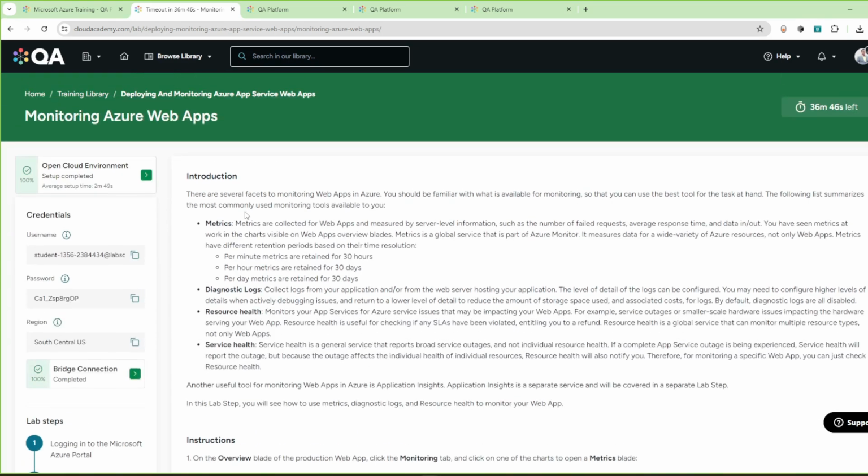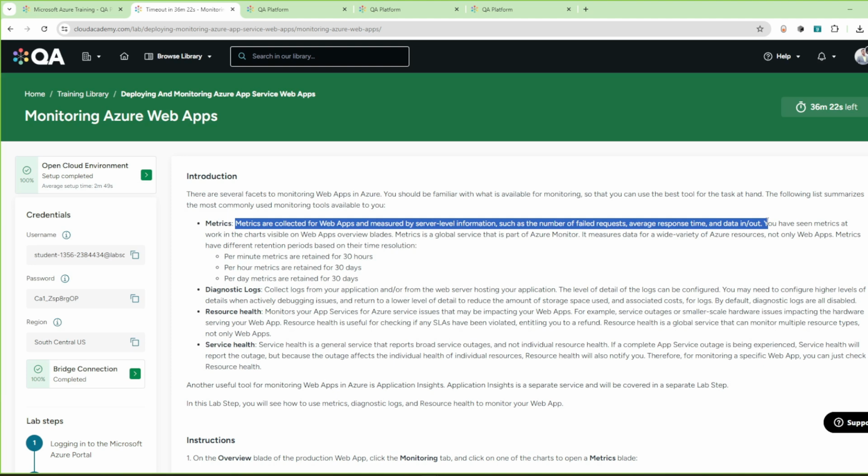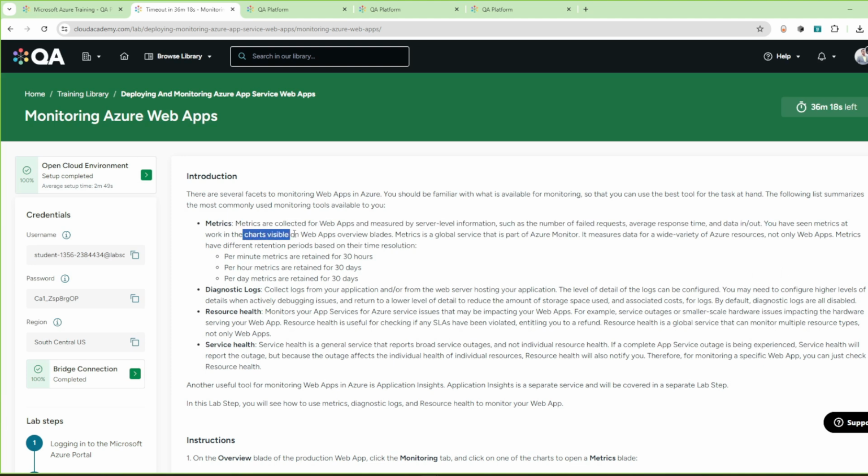Okay, so metrics. There are several facts to monitoring the web app in Azure. So you should be familiar with what is available for monitoring, so that you can use the best tool for the task at hand. Okay, so metrics. Metrics are collected for web apps and measured by server level information, such as the number of failed requests, average response time, data in, data out. You have seen metrics at work in the charts visible on the web apps